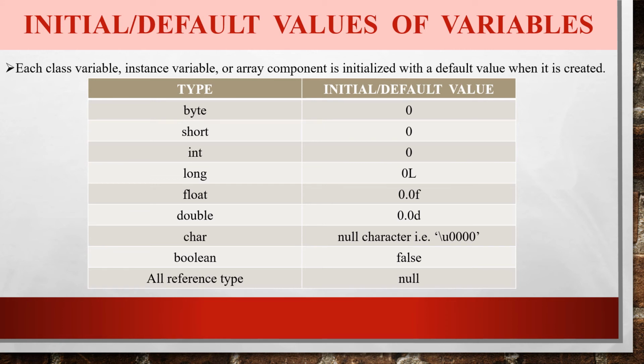And if we talk about reference data type, for all different reference data type, the default value is null. The local variables, that is the variables which you define inside the method, are not initialized by default. That means if we declare variables inside the method in which we are using them, instead of declaring them in the body of the class, we will call them local variables, and those local variables are not initialized by default values. We have to give them the values explicitly, means by the programmer the values are to be given.